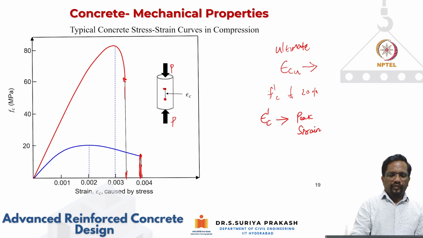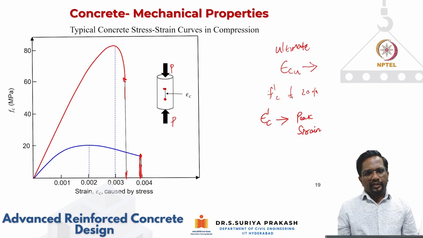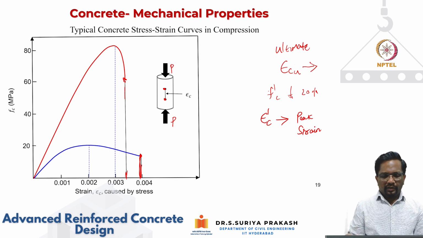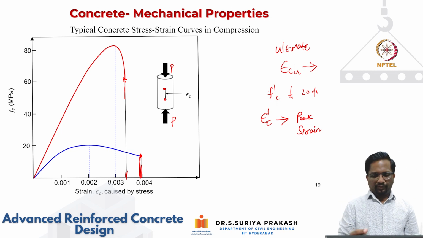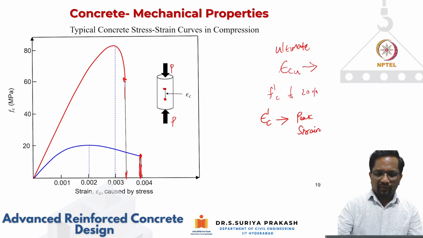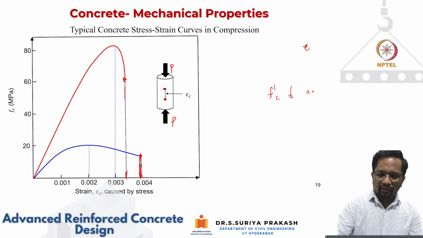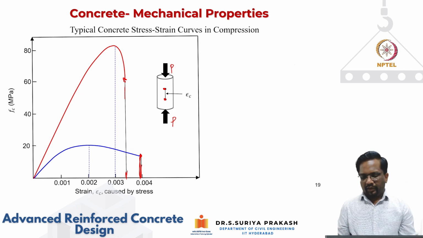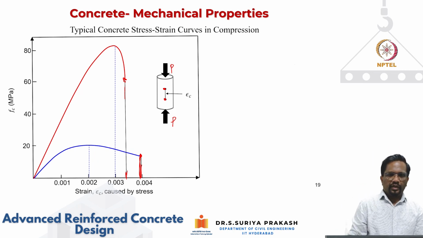So we can infer that epsilon prime C is increasing with increase in concrete strength. However, epsilon Cu is reducing. These are the important observations that we need to keep in mind, especially when we are using high strength concrete. The reason is there is something called post peak ductility of the material,